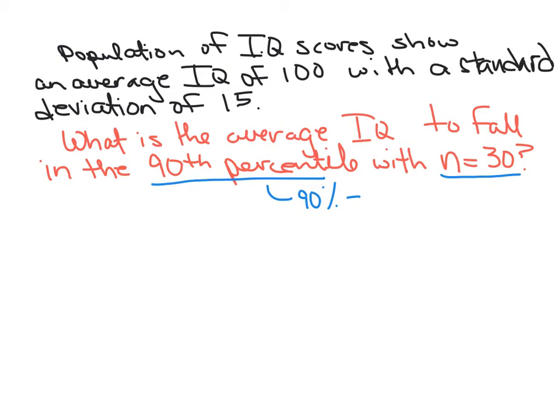90% actually converts to P equals 0.90 to help you find that. Now it's talking about what is the average IQ, and we're using a sample size, so we're looking to find the average, M equals what? So that's what we really want to look for to figure this out. Now, the first thing we need is a z-score. So we want to find the z-score